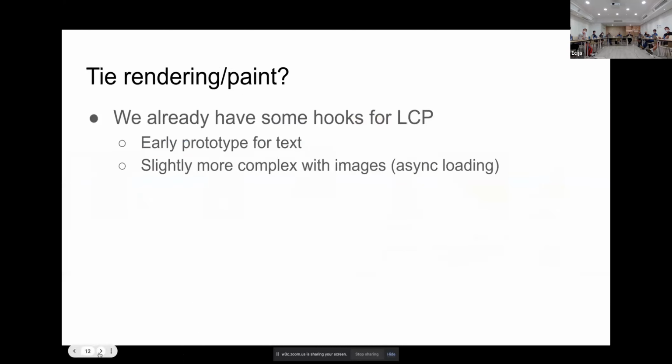So one option that I've been looking into to solve these issues is to tie in some form of rendering input into the heuristic. We already have some hooks in place for LCP, both in specs as well as in the Chromium implementation. I have a working early prototype for text, for image content that is a bit more